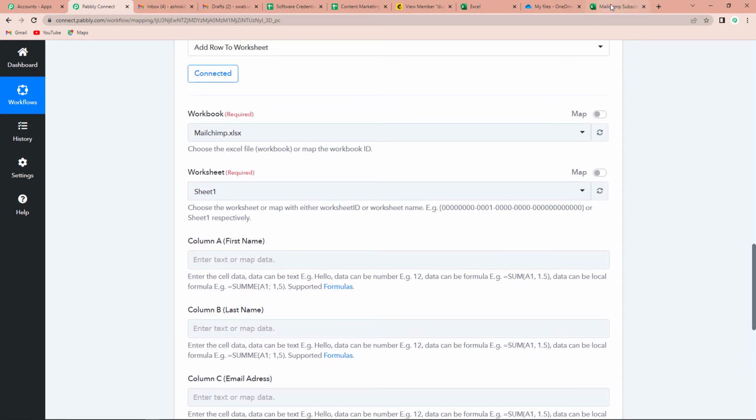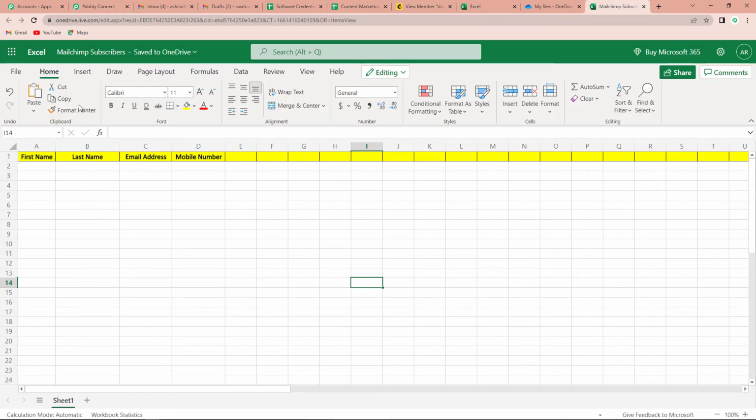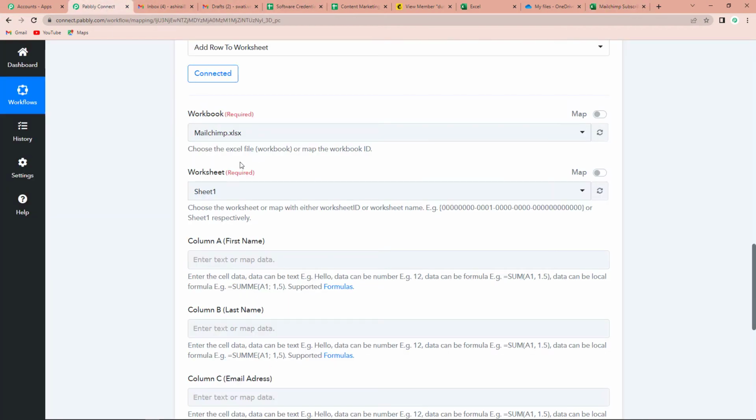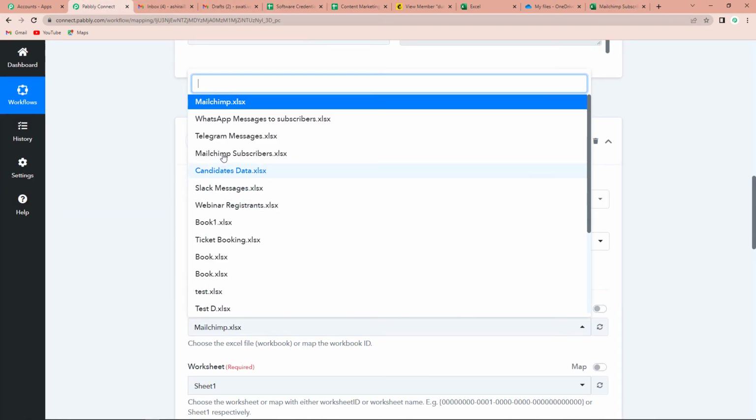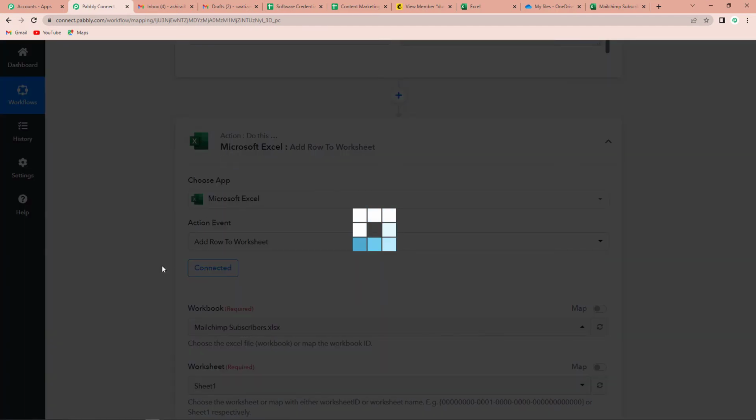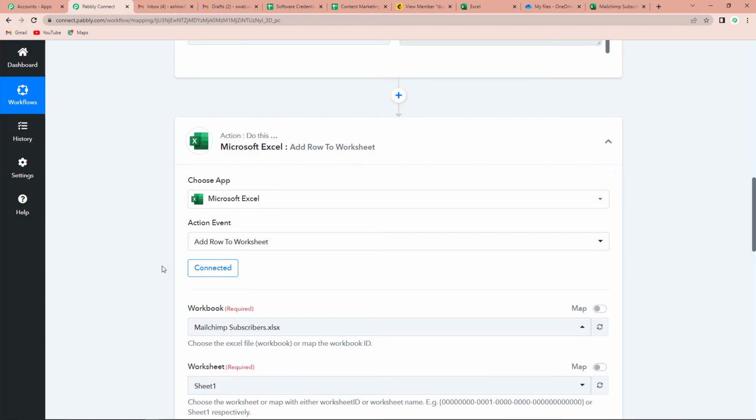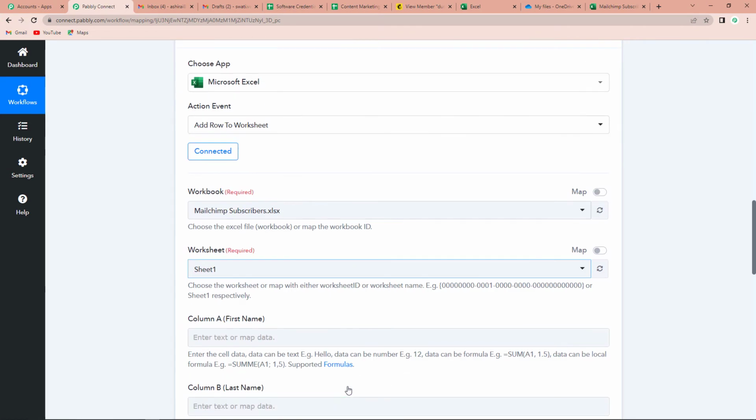So I have already created this Excel sheet here. This is my Excel sheet, Mailchimp subscribers. And then we have got 4 columns, first name, last name, email address and mobile number. So going back to Pabbly Connect and select the sheet. So this is Mailchimp subscribers. And now the worksheet. So see, it has already taken the worksheet because there was only one worksheet. Now as we scroll down here,